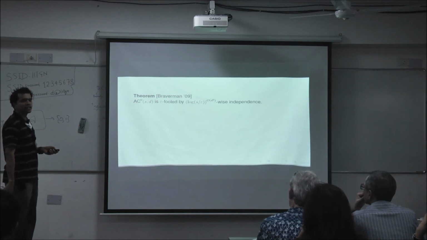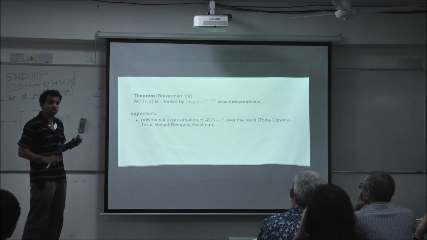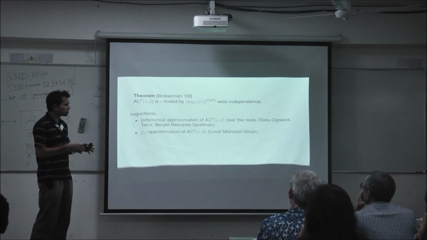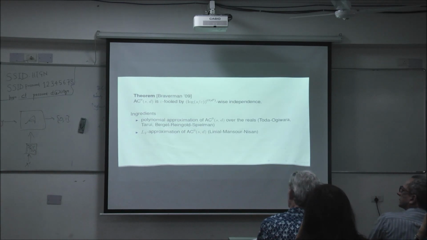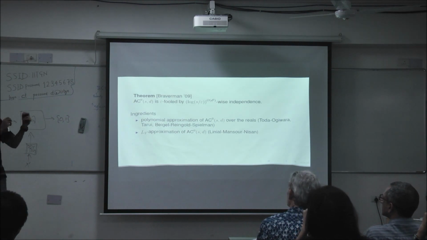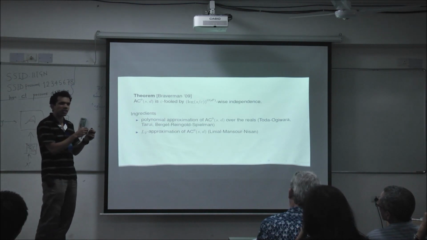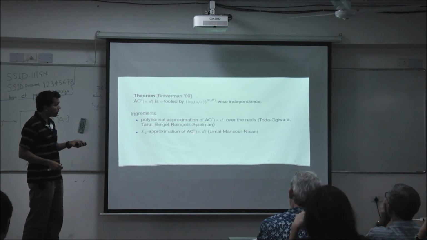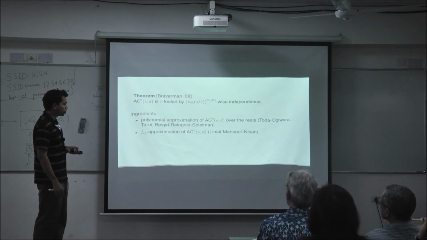There are two main ingredients to this proof. One of these we've already seen: polynomial approximations of AC0 over the reals. It's important that it's approximations over the reals here. The second is a different kind of approximation that we haven't seen, an L2 approximation. An L2 approximation is a polynomial which is not equal to the circuit with high probability, but most of the time it's close to the value. If the circuit is 0, most of the time the polynomial is close to 0. If the circuit is 1, most of the time the polynomial is close to 1. All this makes sense over the real numbers only. And we also have polynomials for AC0 with this property, and they satisfy other nice properties as well.